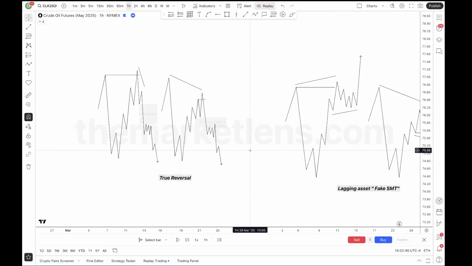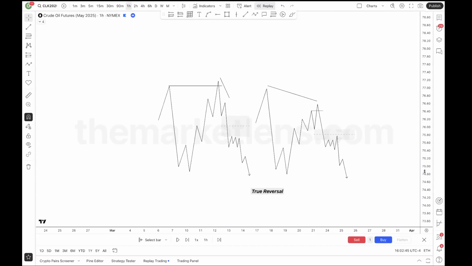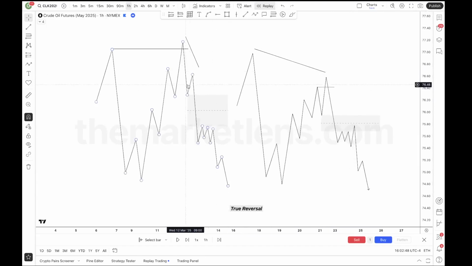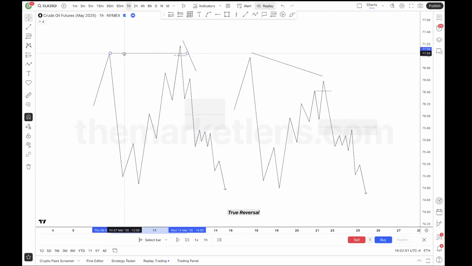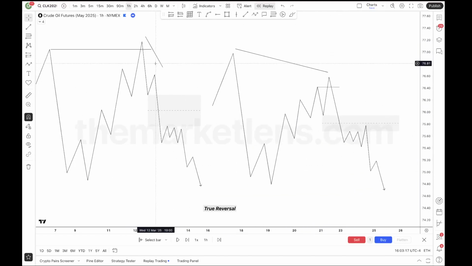So when we think about SMTs, we're going to talk about identifying true SMTs. So let's go over true reversals. Whenever the asset that is actually sweeping, creating a higher high when bearish and a lower low when bullish, we want to see this asset show the willingness to trade away. Because if it doesn't, then this asset is likely lagging and it's going to take this high. Because in order for these assets to be a true correlation, this asset has to catch up to this asset in a sense. So ideally what you see is this strength actually switch within the distribution away from this